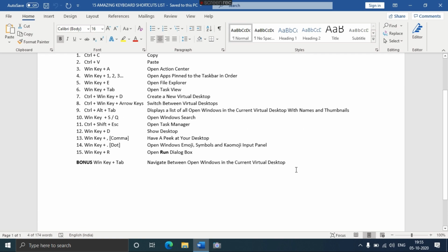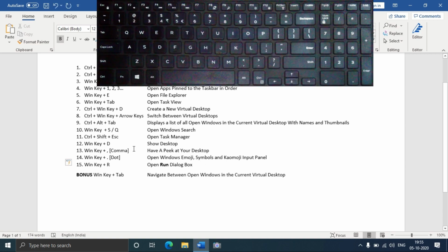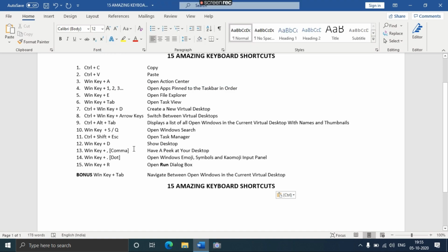Now in the new line, if I press the Control V key, then it is pasted from the clipboard, exactly what I copied. So easy.